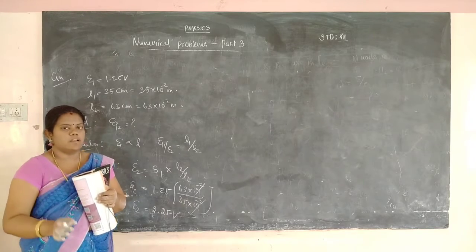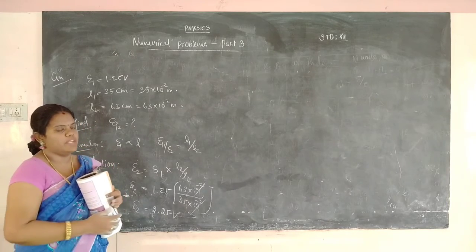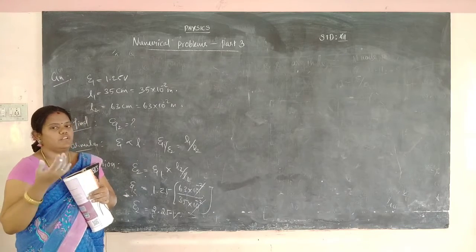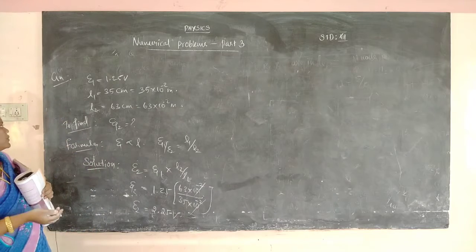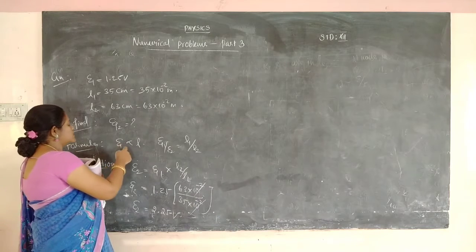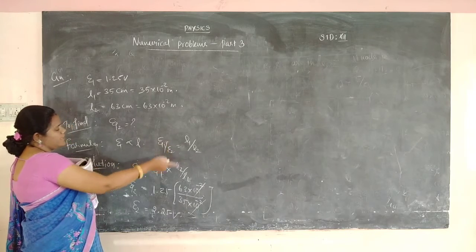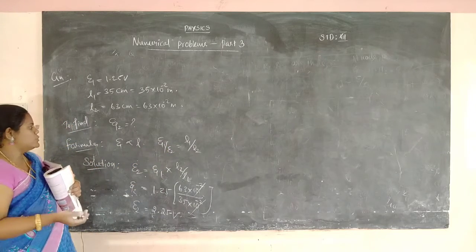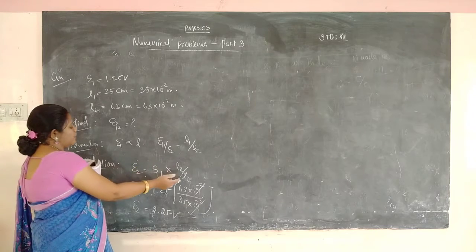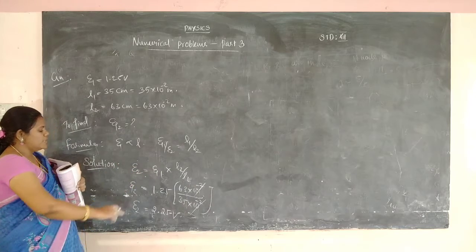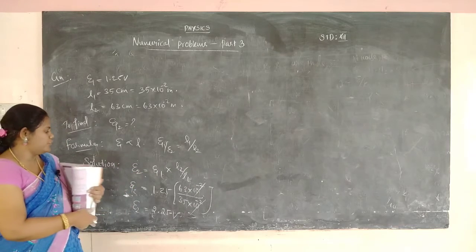In a potentiometer problem, the balancing length will be given, the first EMF value will be given, and then the second length will be given, and the second EMF we want to find out. So EMF will be proportional to balancing length. Psi 1 by psi 2 is equal to L1 by L2, that is the formula. So we want psi 2. So psi 2 is equal to psi 1 into L2 by L1. Substitute the L1 value, L2 value and psi 1 value. So we easily find out the psi 2 value, 2.25 volt.